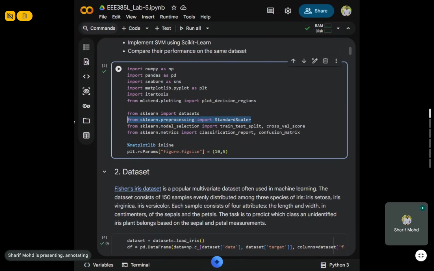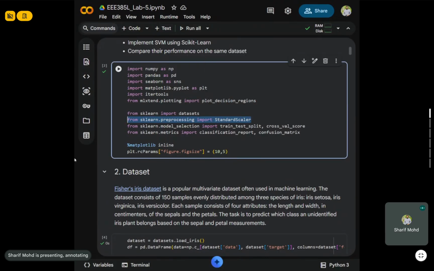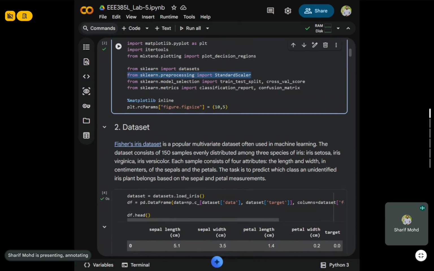So basically the formula is x minus mu by sigma. Mu is basically the mean and sigma is the standard deviation, right? Then we have here,